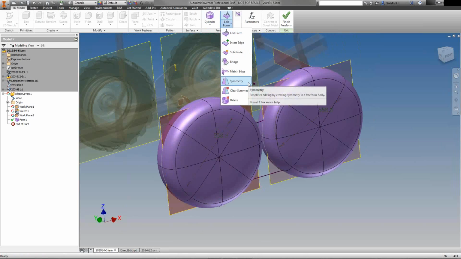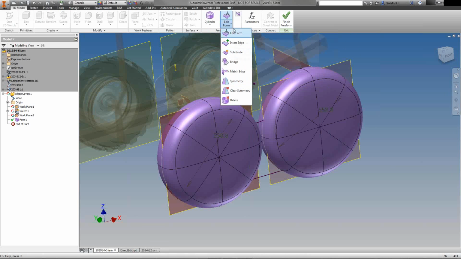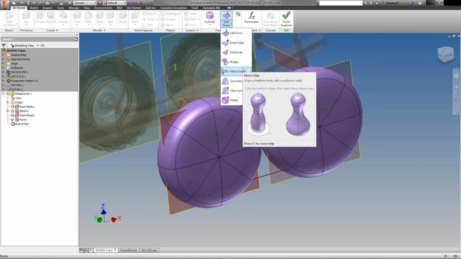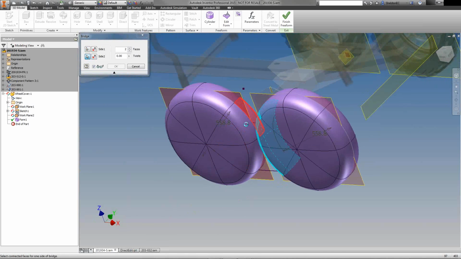I'm still in the freeform editing mode, so even though I've finished creating those freeforms, I haven't exited the editing mode for the freeform geometry. Okay, so I've got a series of editing tools here that's going to allow me to change dynamically these objects. So one of those options is just to bridge some of these faces together, basically creating a face fillet between the two solids